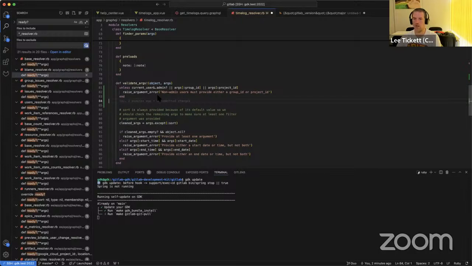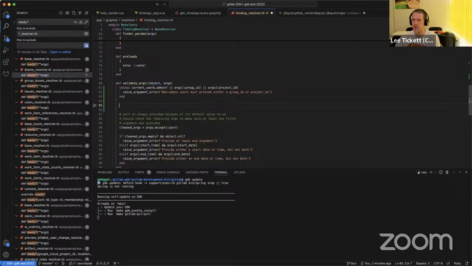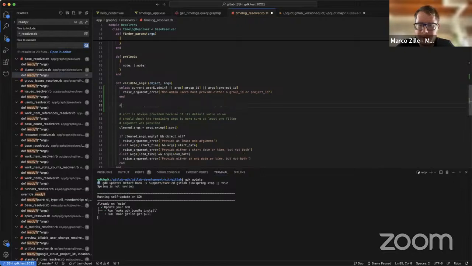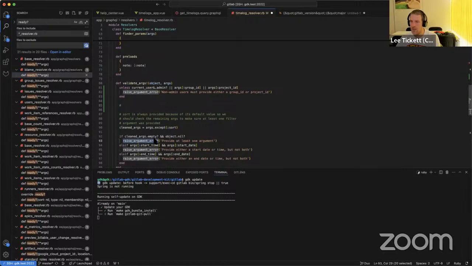Or do we? I can never remember the difference between like a 404. I think it's a not found exception, right? So it's neither of those because it's GraphQL. It's always going to return a 200. Yeah, but this doesn't return a non-200 response, right? It presumably, yeah. So we should raise